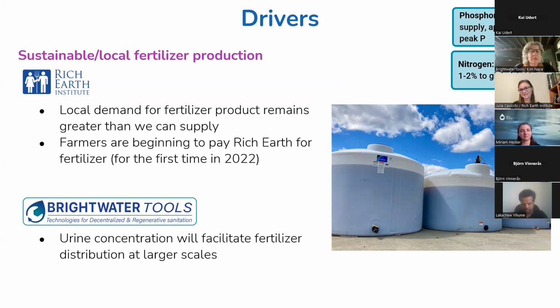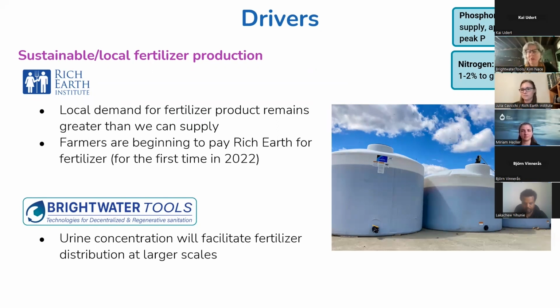Since we began this project, and got people interested and involved, the fertilizer demand continues to be much higher than what we can supply. Our farmers, specifically because of the region that we're in, we're surrounded by farms that have plenty of opportunity. We could certainly utilize all the urine that we could collect in our community if we were able to put that infrastructure together.